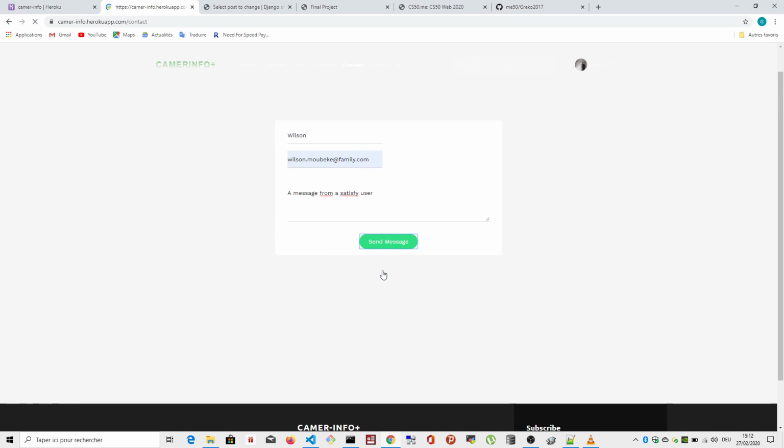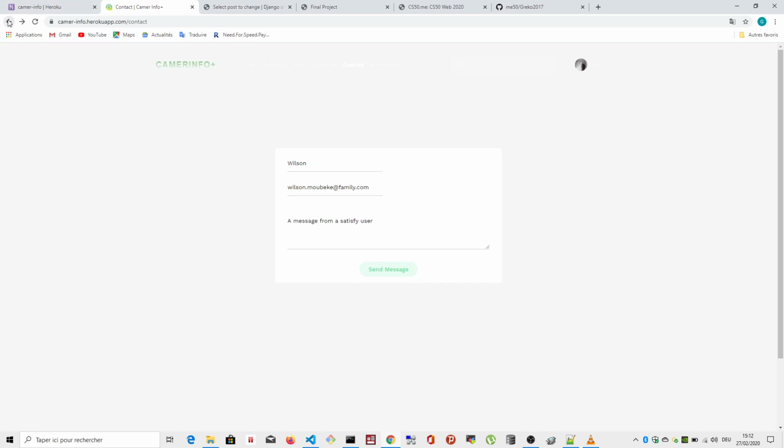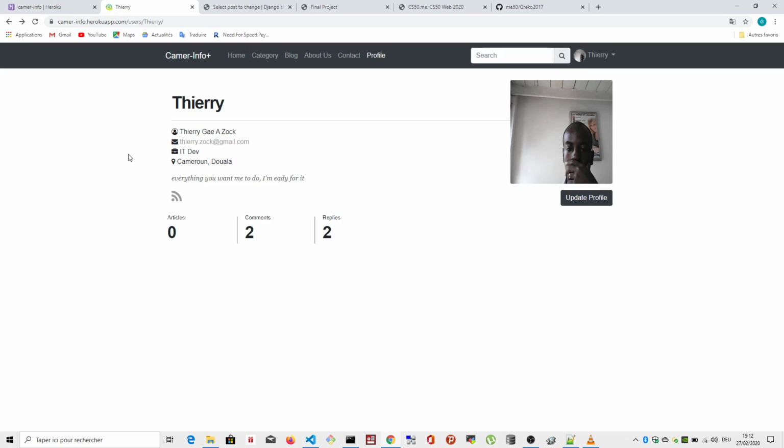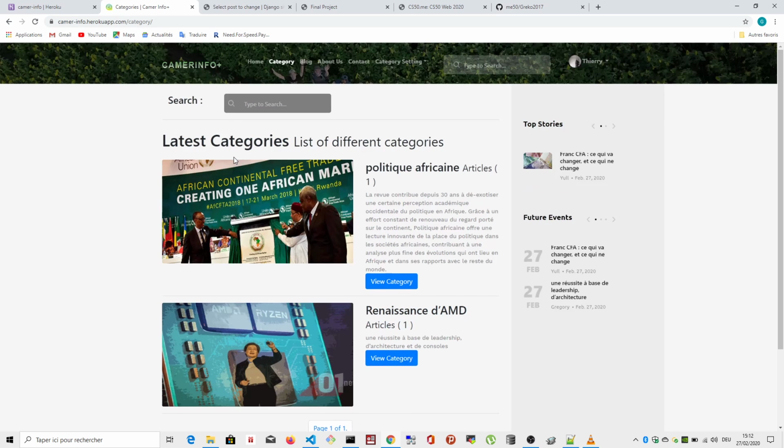Sorry, normally it should show a message that's supposed to cover. Okay, it didn't work. Certainly because I didn't set the SMTP, but you can see the rest of the site works very well. Yeah, so this is my final project,